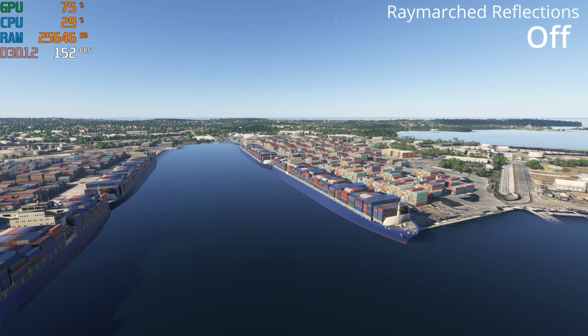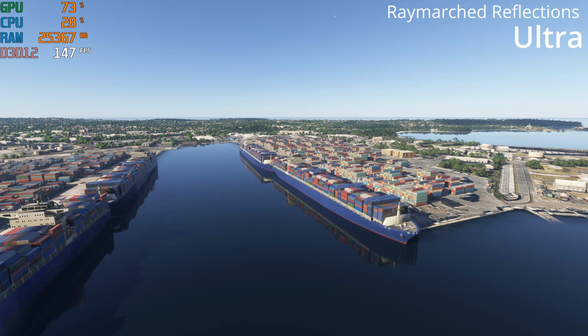Let's take a look at the FPS on this one: 152. And let's see what we got up here, 148. So we're losing a little bit in this case, probably 2 or 3 FPS. I do have the RTX 4090 again, so that's why I'm not losing a whole lot when I increase this all the way to ultra. But if you are struggling and seeing a lower frame rate from this,